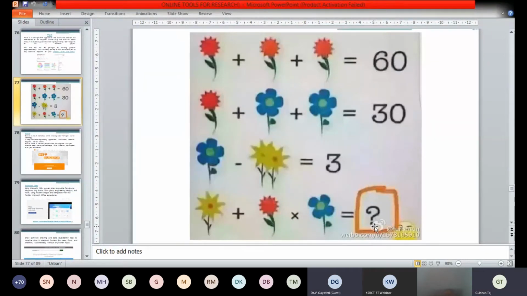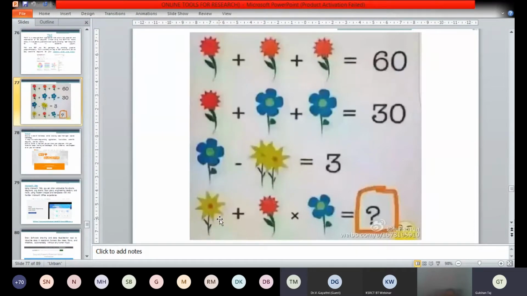It is 110. And one more thing, the number of petals also comes into account, ma'am. Okay, in the second row we try to observe the things. 82, ma'am. No, 82 is not correct. In the second row and third row, the blue flower is having 82.5. No, ma'am, no decimals, it's only a simple question. So it is 1, 2, 3, 6, 5. 101, madam. Ma'am, the answer is 101.